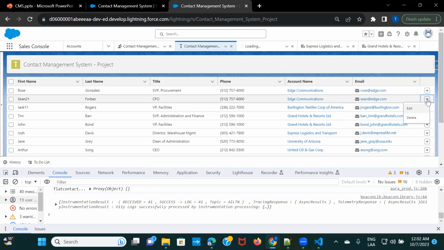All right, so now if I click, I'll be seeing edit and delete. But currently if I click on edit, nothing happens, right? If I click on delete, nothing happens because we have not written any logic. Okay, so